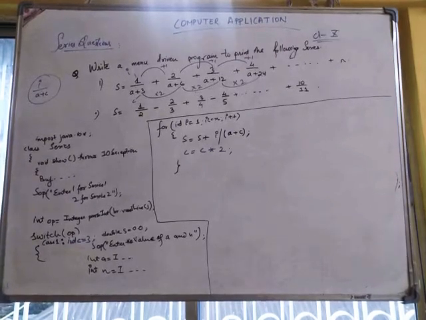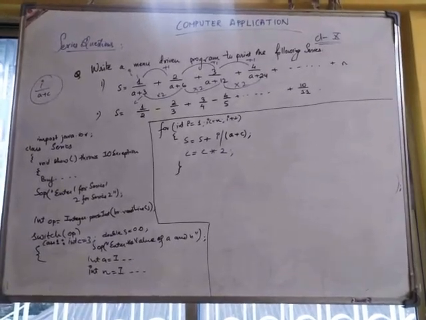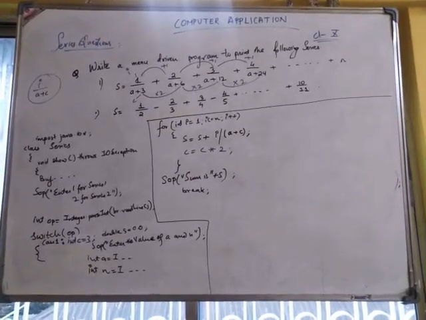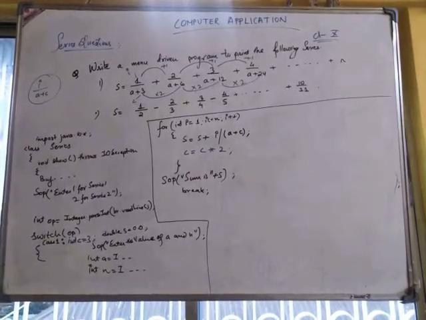First c that gets added is 3, next time c added will be 6 to a, then next time the value of c which gets added to a is 12, then the value of c which gets added will be 24. This way the sum will be calculated based on the values of i, c and a. Clear? After this is done, you just need to print System.out.print the sum is plus s, and after that you write the break statement. This is how you do question 1. Now next, question number 2.